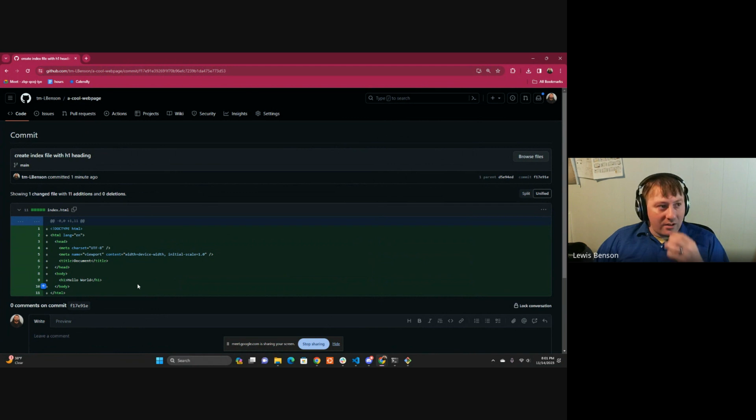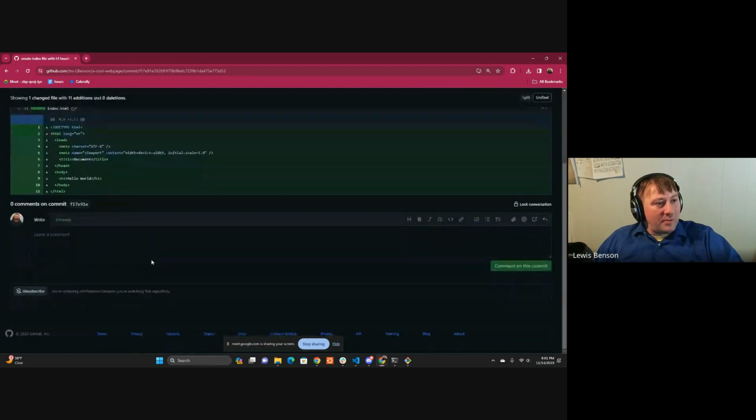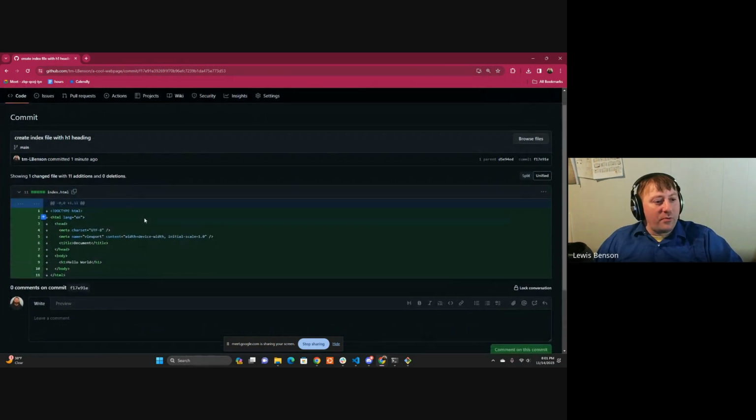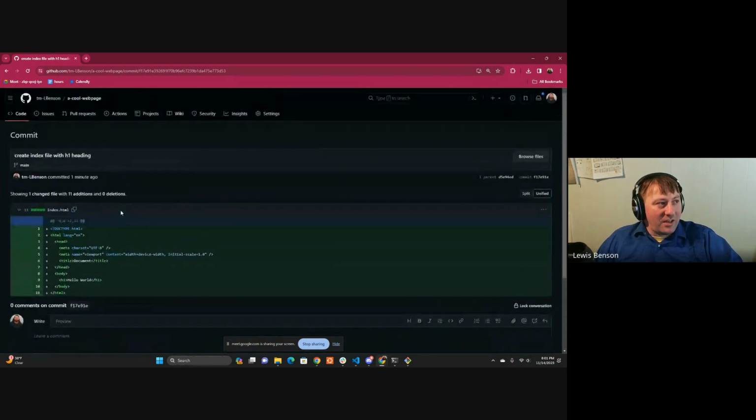that commit. So GitHub's a really powerful tool for collaboration, especially if I needed approval before allowing this code to be pushed into GitHub. If you're working with a large group of people, whenever you push your code to GitHub, other developers are actually going to come and look at your commit messages. They're going to say, okay, you created an index file with an h1 heading. Let's take a look. And they're going to say, okay, I see a lot of boilerplate code here. Here's the h1. This looks good. I don't see anything that's not